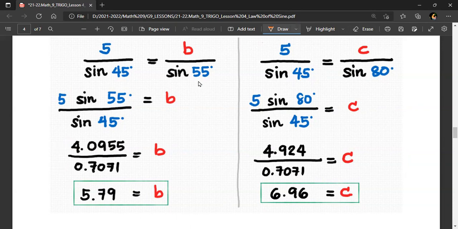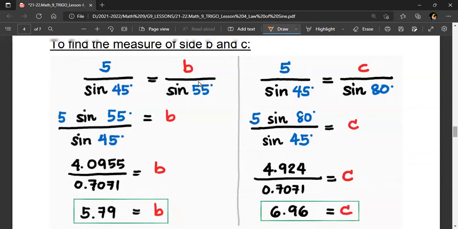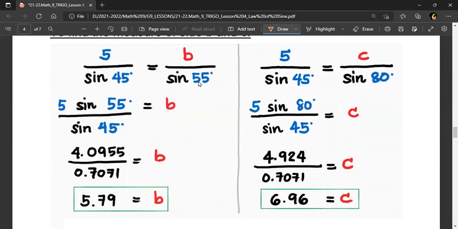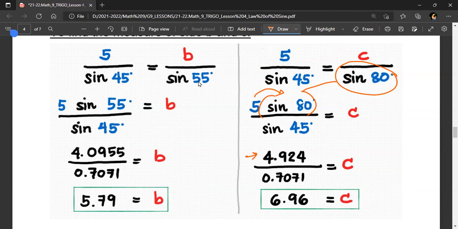Now, if we look at the other part of the solution on the right side, it is also the same. However, we now include the computed value of angle C, and we need to compute the measurement of the side C. Thus, cross multiply will be applied again. Again, whatever you did on the left is the same also with this one. Therefore, sine 80 degrees here must be multiplied to number 5. And then when you multiply number 5 with sine 80, this will be the resulting value.